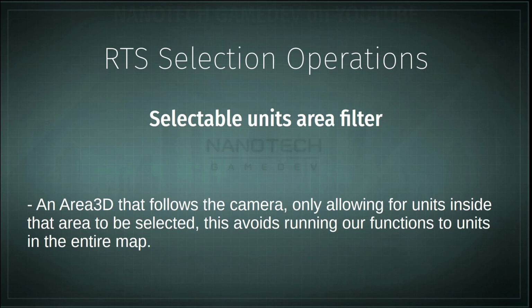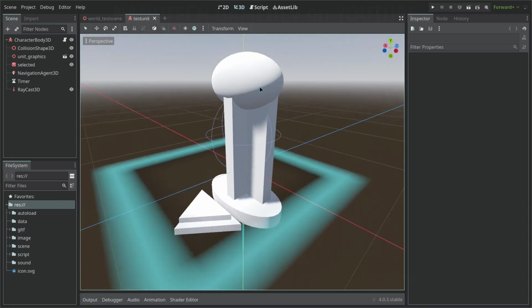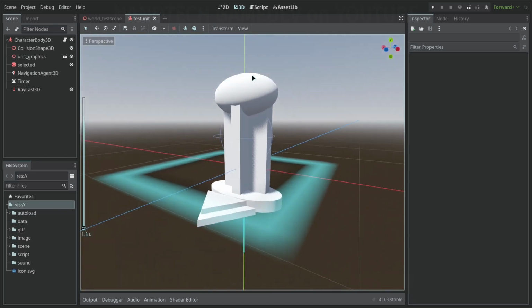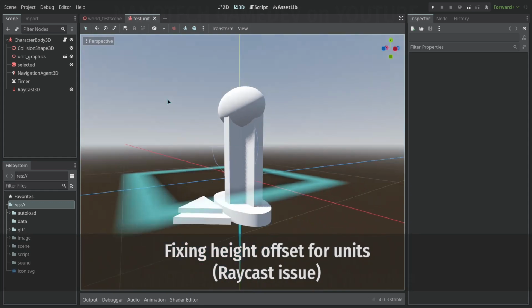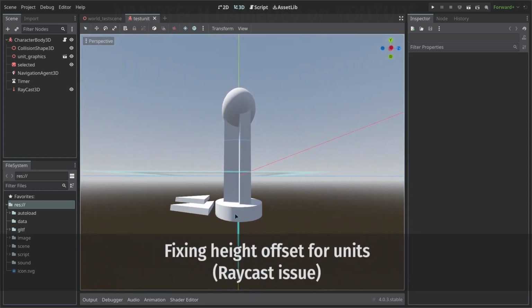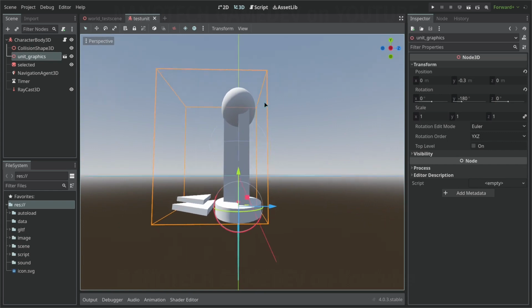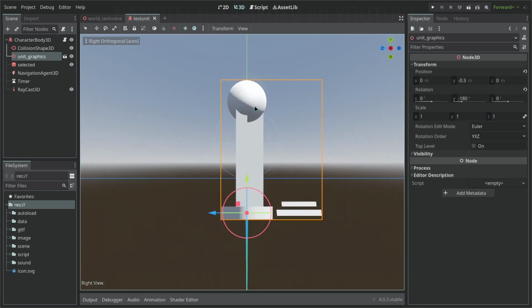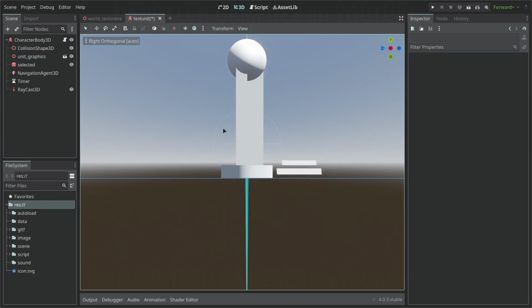So that is all we have to do on this video, and let's see how we're going to be making this inside Godot. So let's hop in Godot. So back here on our project where we last left off, let's change some things before we start to implement the selection methods. One of the things I want to change is to fix this issue here, which was a temporary solution to allow our units to not overlap with the ground. So let's push this unit back to where it belongs, up top on the floor,